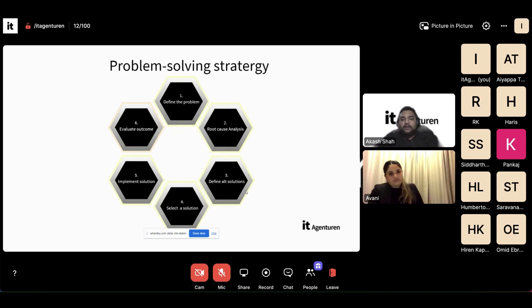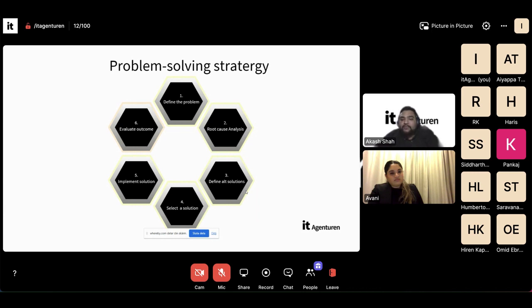Now, in this scenario, if you use the problem-solving strategy using critical thinking, you can try and resolve your task by following the points that I'm just going to mention. First, you can define the problem by listening or observing the issue, by maybe troubleshooting the issue, trying to perform the root cause